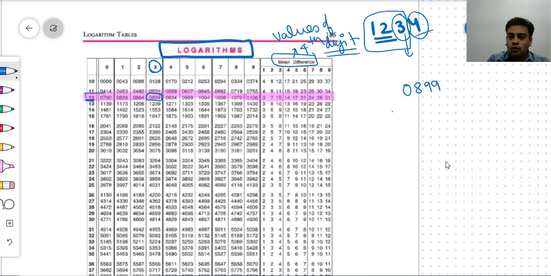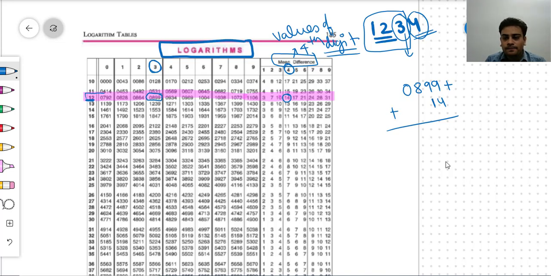And now we look at the 4, which is my 4th digit. So for the 4th digit, I will look at this row and then this 4 value, so this column. So this is basically your 1, 4, right? So we will add 1, 4, but how will we add? We will add 1, 4 in the last 2 digits only, in the last 2 digits of the value we found by using this 1, 2 and 3, right? So you will add the mean difference only here, not here.